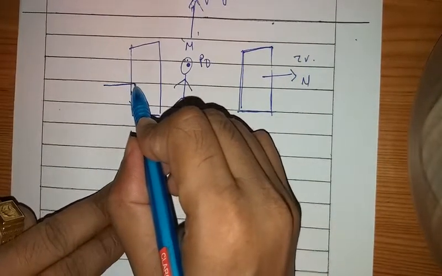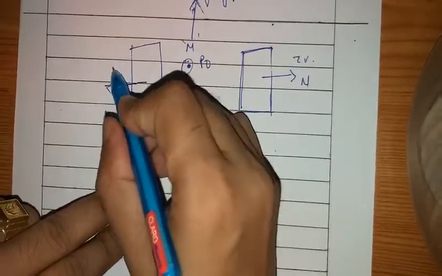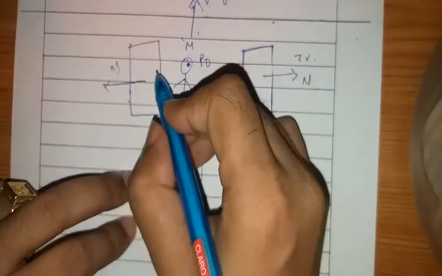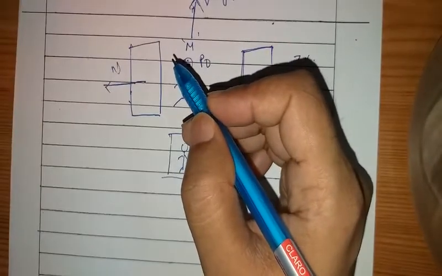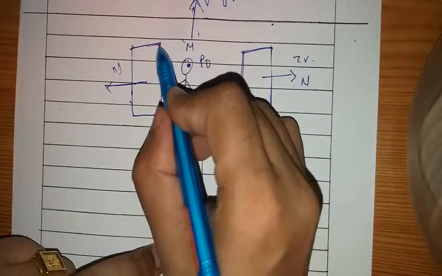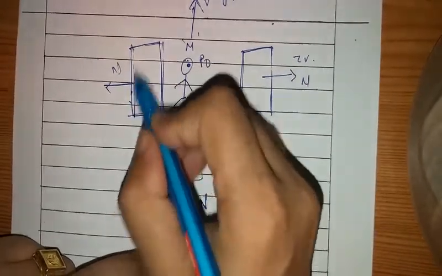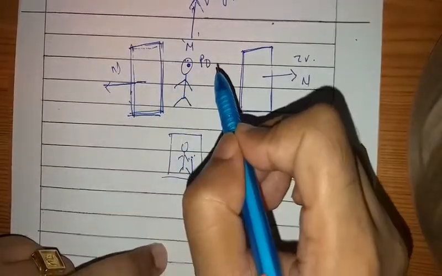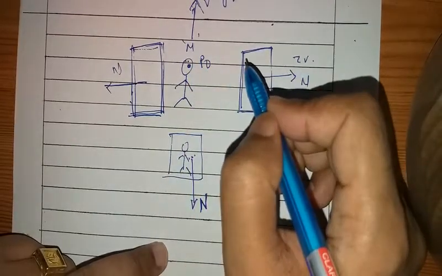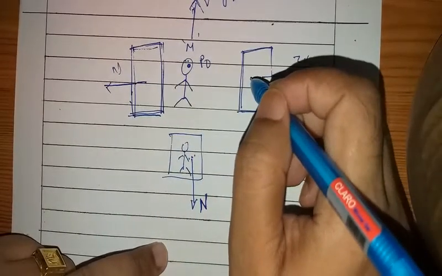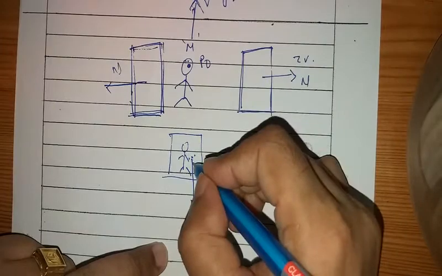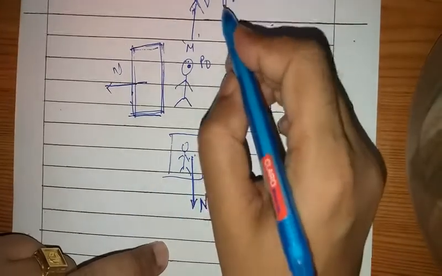Similarly, if we are looking from this angle, this is our normal vector, the normal vector coming out of the view plane, perpendicular to the view plane. So in all three diagrams, we have established the normal vector and the V vector.